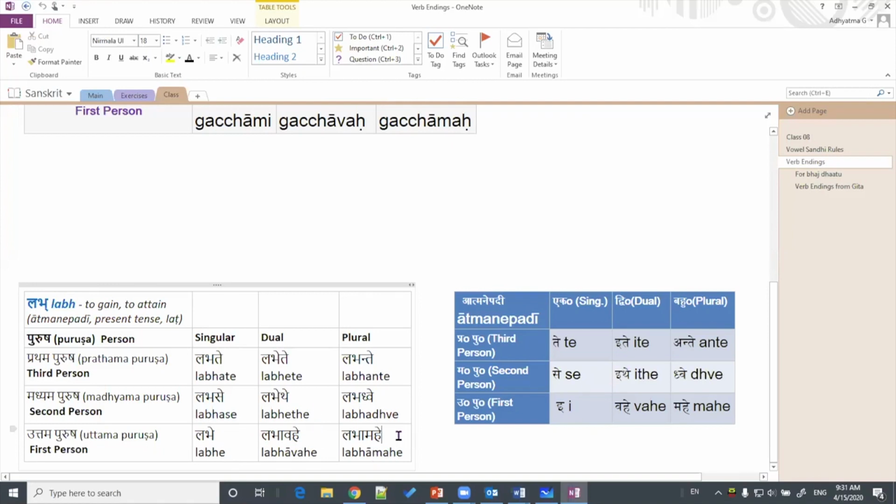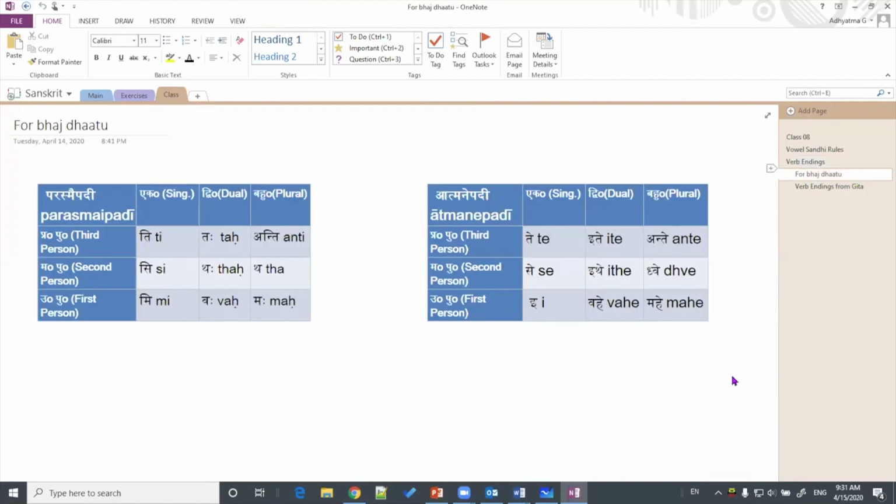Similarly, if I say labhamahe, it's plural: we gain or we attain. The meaning is the same; only the endings are different. The structure, the meaning, the person, the number, everything remains the same. So what we will do now is form a verb which is Ubhayapadi, which takes both